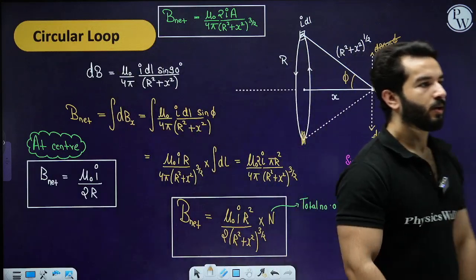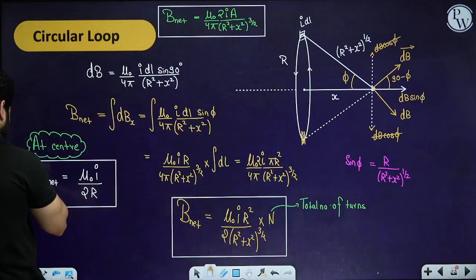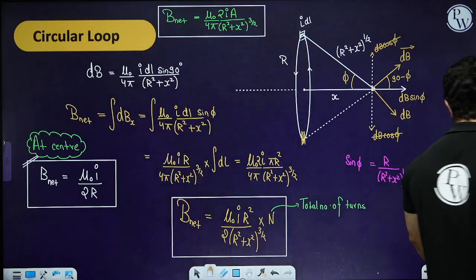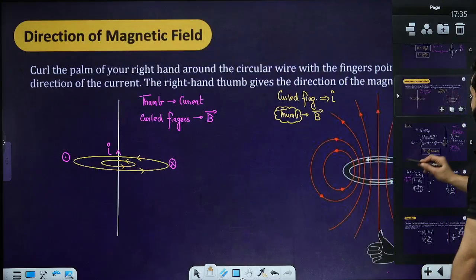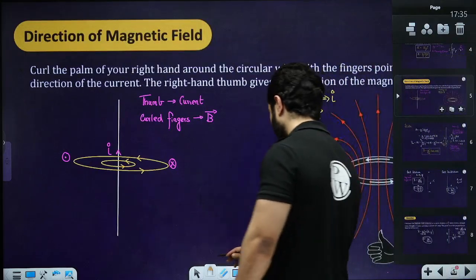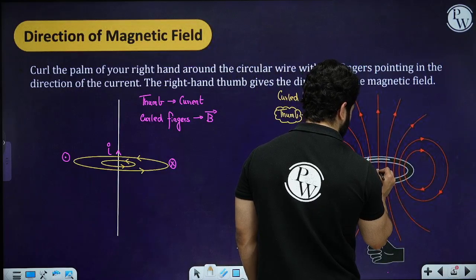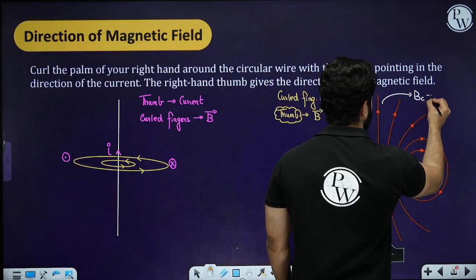Have a look, direction, everything is clear. This is the thing which you need, which you will use the most, right? So when we talked about the direction of the magnetic field at the center, if you remember over here, we talked about something like this. So if someone asks what is the magnetic field at this particular point, you are going to say that at this particular point, magnetic field at the center is just mu naught